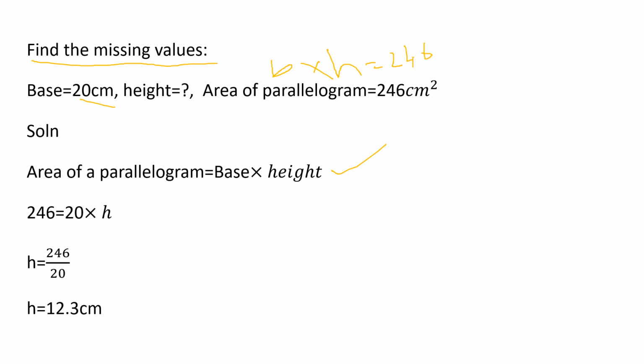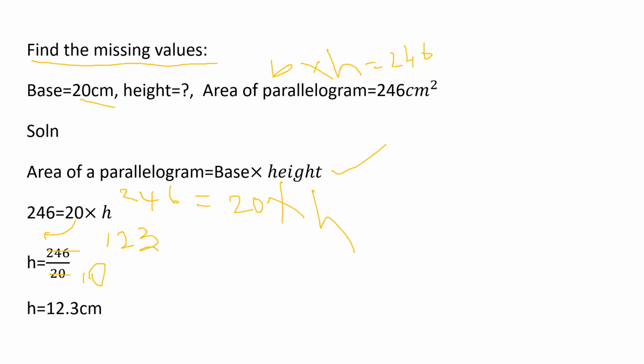So we can write area of a parallelogram, 246 that is given in the question, equal to what is base given in the question, 20. Height we don't know. We want to find out. So this is an equation, right? So bring the variable term one side and constant term everything together. So 246, when you bring this 20 to the other side it comes in the denominator. Now cancel it. First you cancel 246 by 2. 10 2s are 20. Then 1 2 is 2. 2 2s are 4. 3 2s are 6.